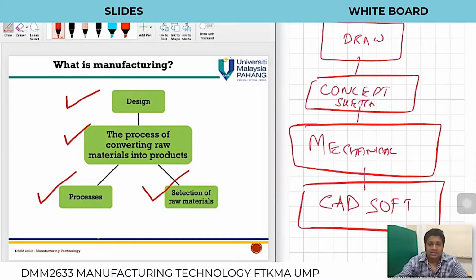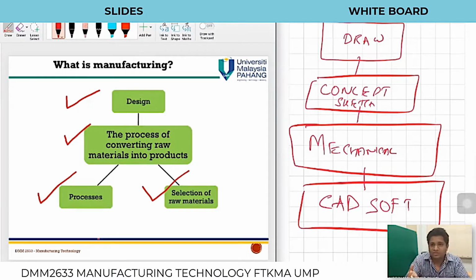So product design involves the creative and systematic prescription of the shape and characteristics of a product or an artifact to achieve specific objectives which my customer needs. Let's say our class wants a mouse through which you can do multiple tasks. You can use it as a trackpad, you can play games, so you can do different tasks from a single product. Okay, so it depends on your requirement.